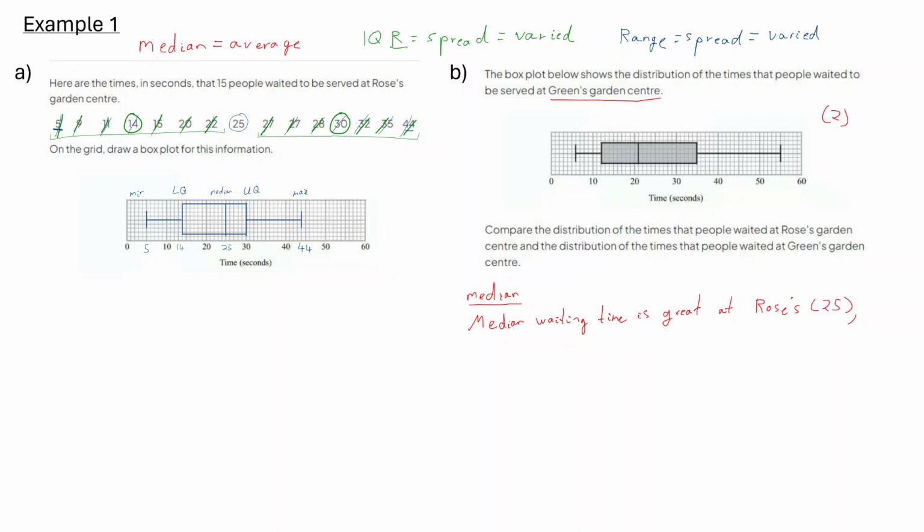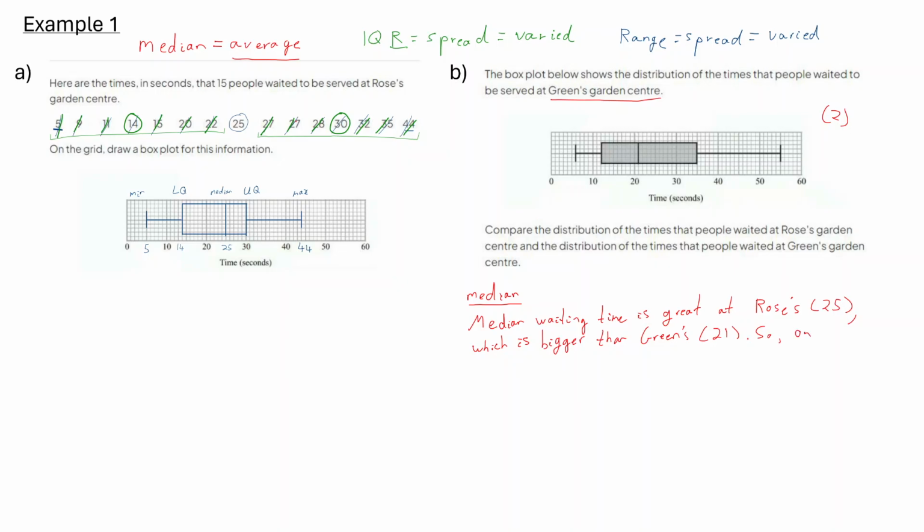So it's 25, which is bigger than Green's, which is 21. So what does that really mean in terms of the question? It means, on average, there was a higher waiting time at Rose's. Because the median is bigger, and median is a measure of average, like we said, so we can say,